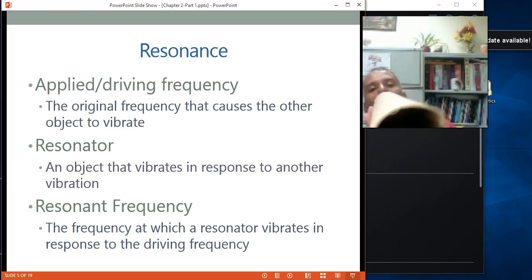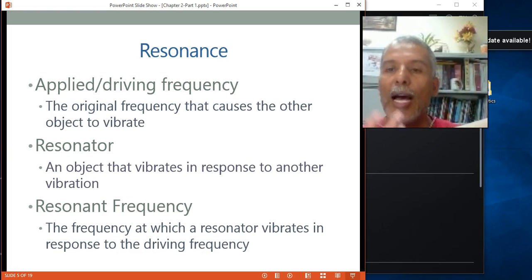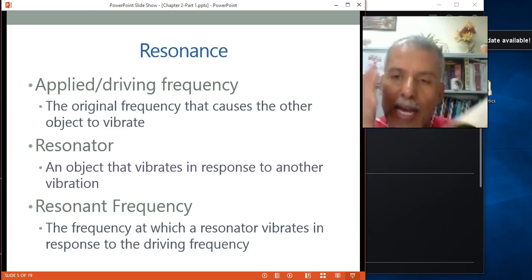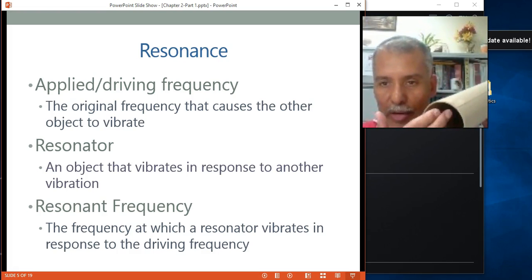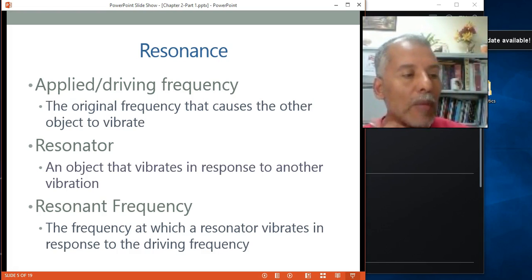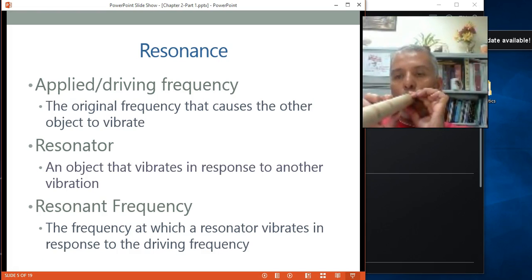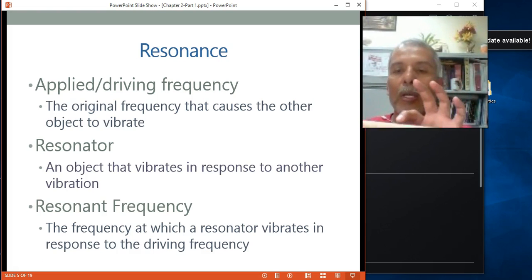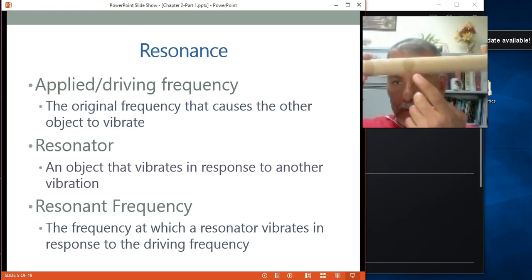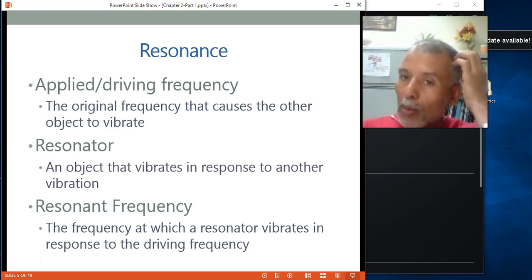When I say, ah, see, it resonates. The air resonates in response to my voice, and my voice will be the loudest it can be if the resonance of the tube matches my own resonant frequency. So if the tube again is too much different, like this, oh, it muffles my sound, because the resonant frequency here is not even anywhere close to my resonant frequency. So the more different they are, the less the response will be.